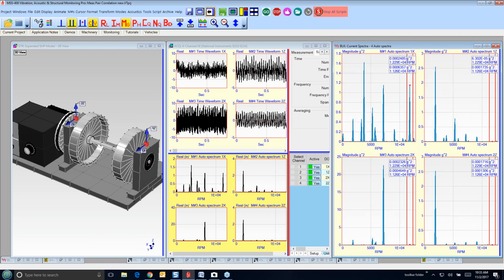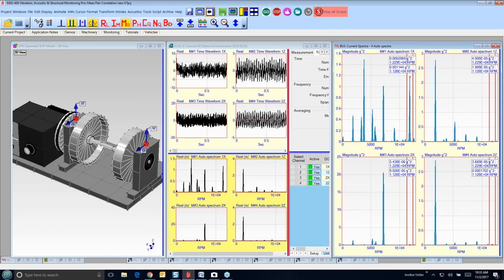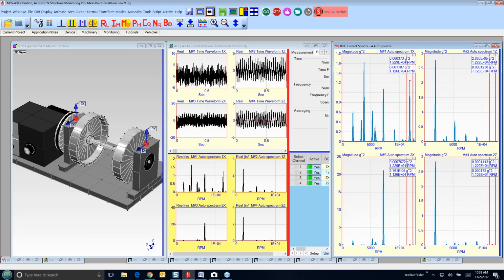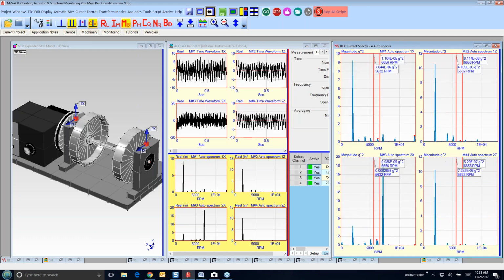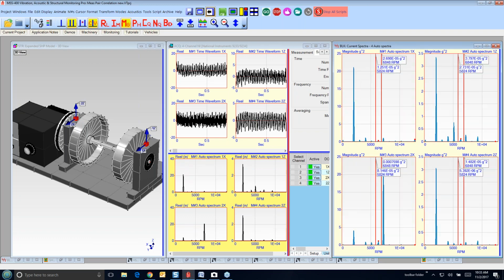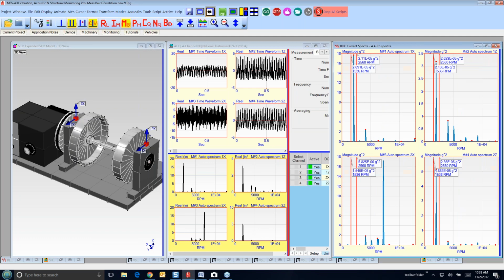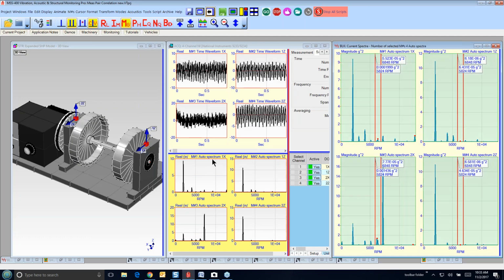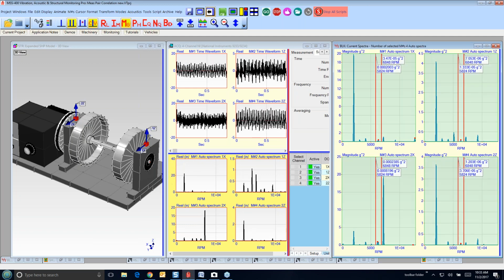I'm not real happy with what I'm seeing here, so let me see if I can get this to behave a little better, because I want to get the first order peak here. See, it's grabbing the second order peak. There we go. So now I'm really exciting the first order. As you can see here, there's a nice big peak. These first 2 measurements are coming off of the bearing block, the outboard bearing block, number 1 over here. And then these 2 down below are the inboard bearing block.